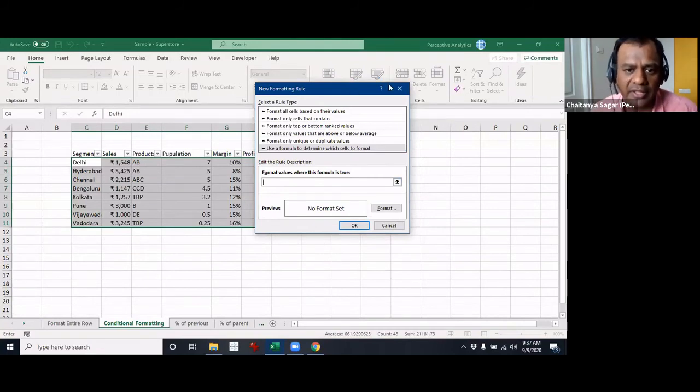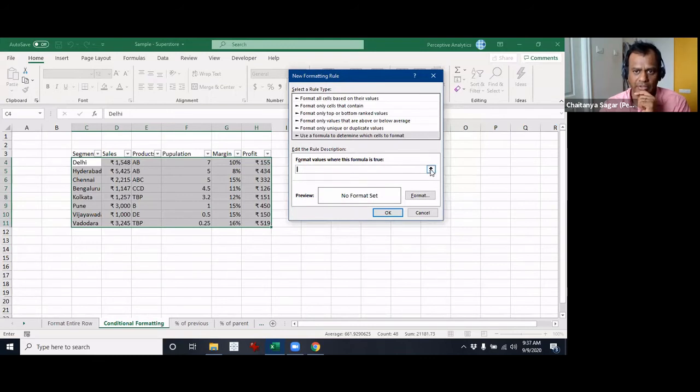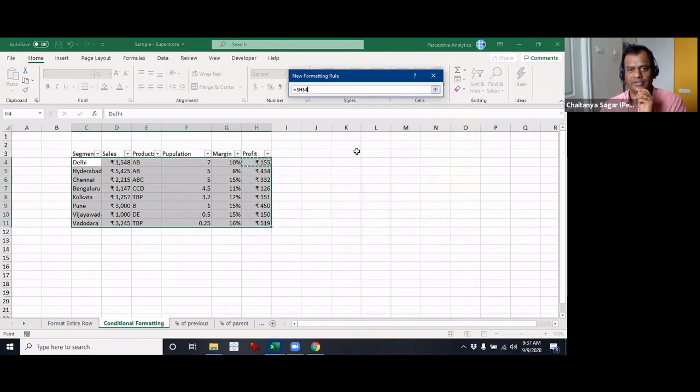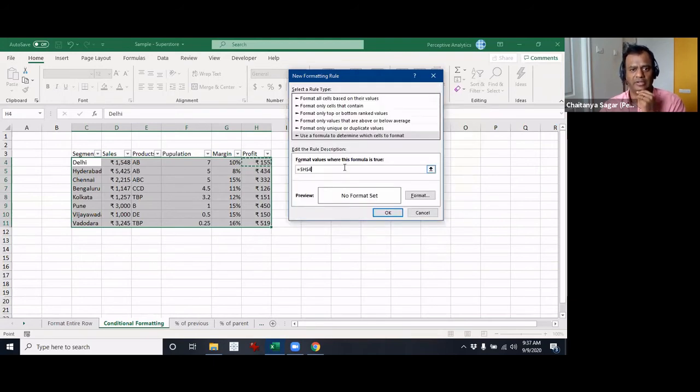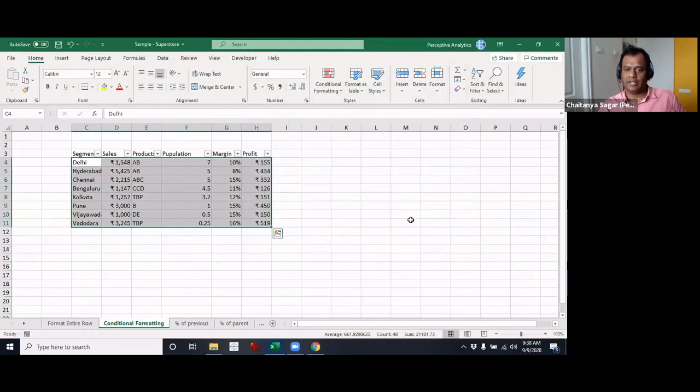When you are in this, you can either directly click on a specific cell and it will get that, or you can also use this to select a range. I think we discussed this some time ago. So this is greater than 200. Let's set the format. This is the format I want. Click OK. Oh, what happened? Nothing happened. Let us see what's the problem here.